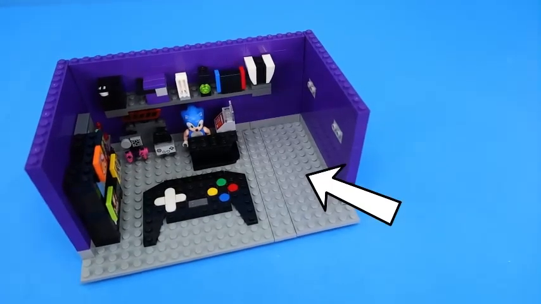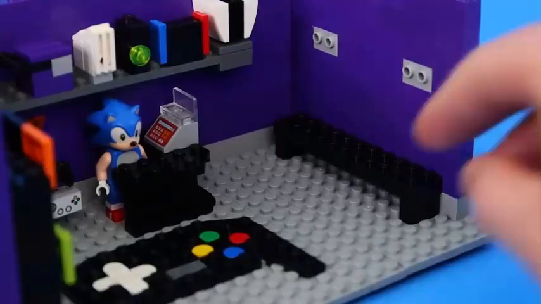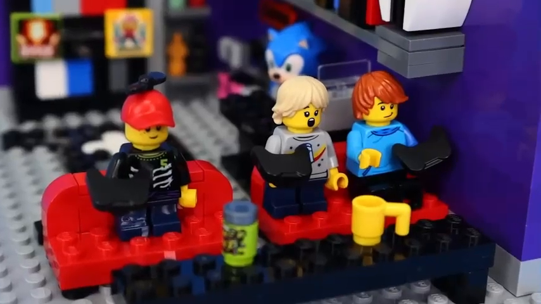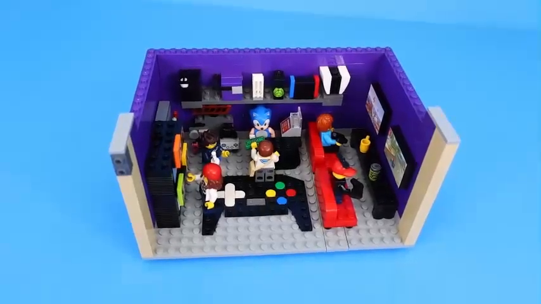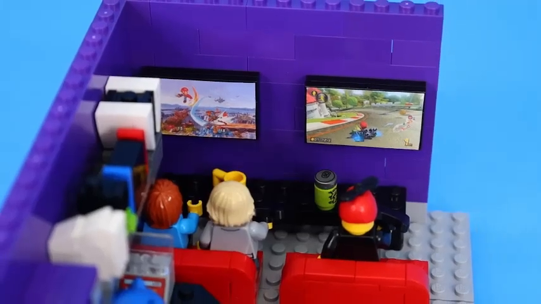Now as for that extra space, how cool would it be if this game store had a lounge area where customers could just hang out and try out different games? I'd say this is quite the level up from your average video game store, so I'll just name it that. Let me know if you would game here with the boys.